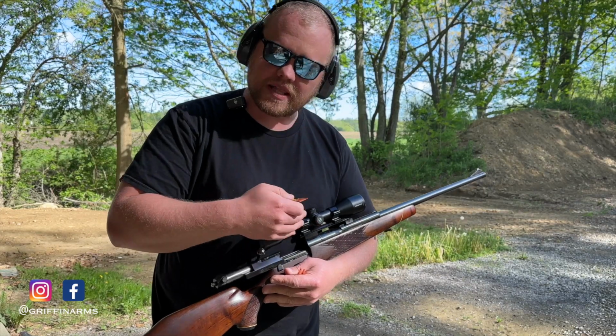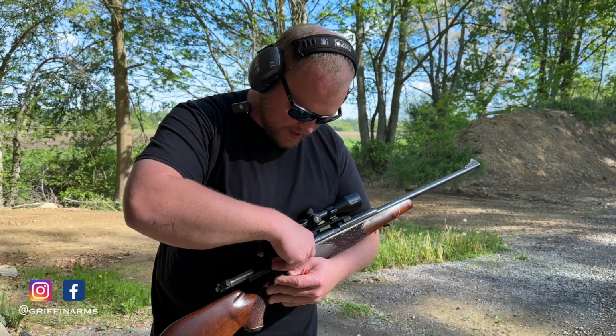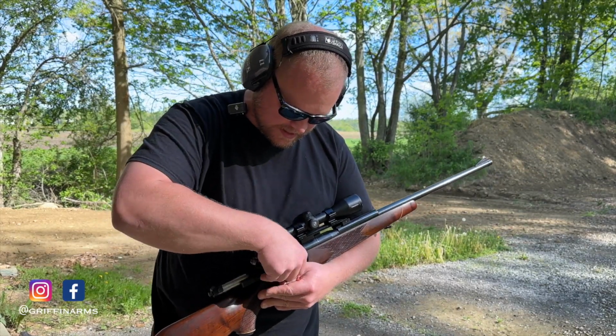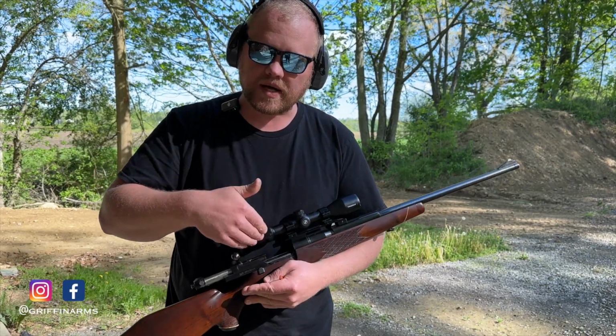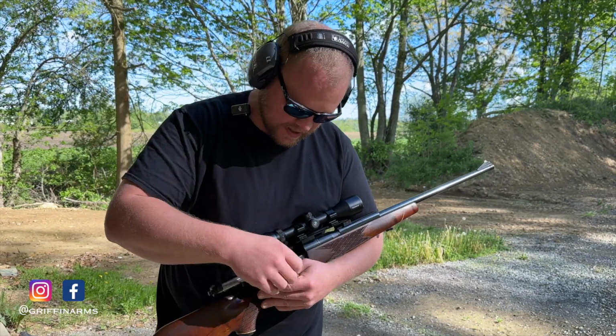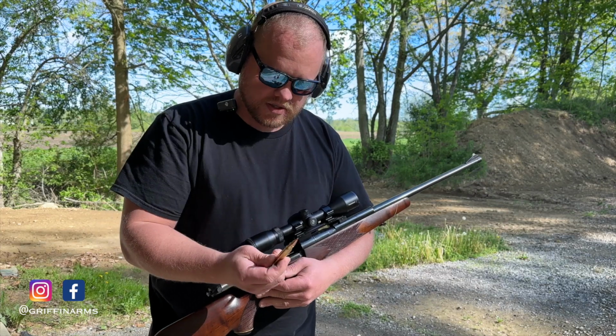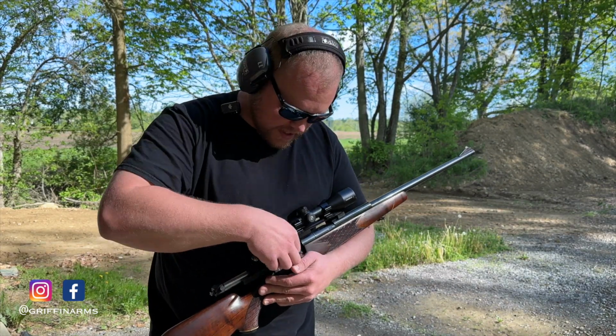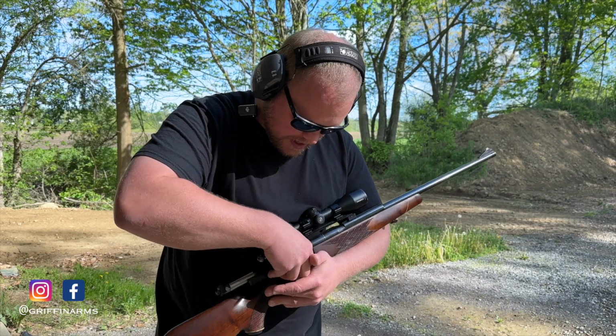Well, that's easy enough. I thought that loading this would kind of be a bear. It's really not that bad. The shells fit down in the magazine very easily, even with the scope right on top. I just threw this cheap scope on top of it, what I had in the shop. But 338 Win Mag, it's no slouch cartridge for sure. That's 225 grain bullets. There's 4 of those,